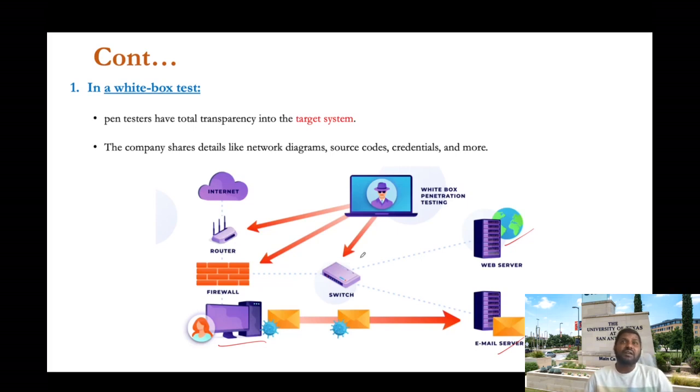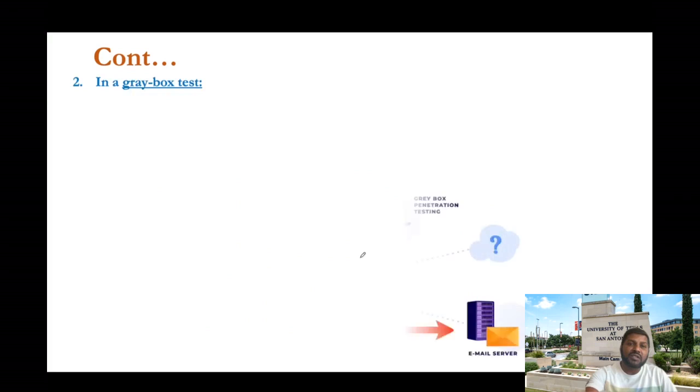So each area of the whole security infrastructure must be tested thoroughly. Therefore, on average, white box penetration testing can take 2 to 3 weeks. The next penetration testing process is